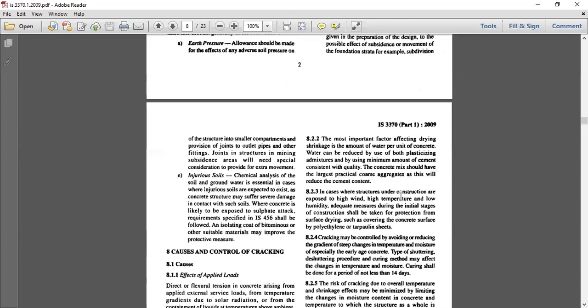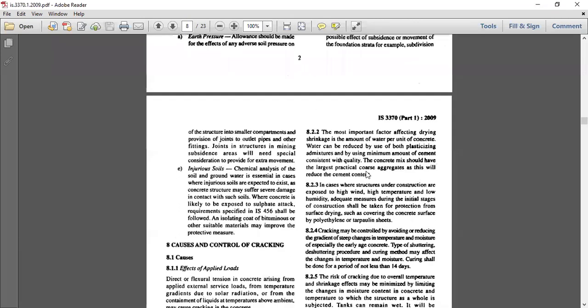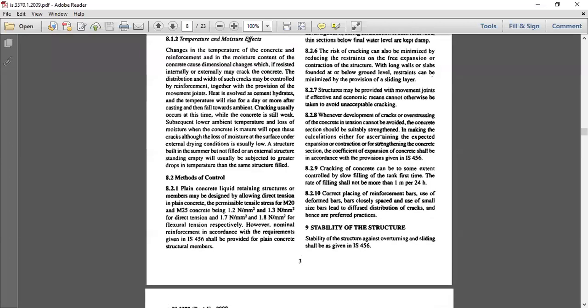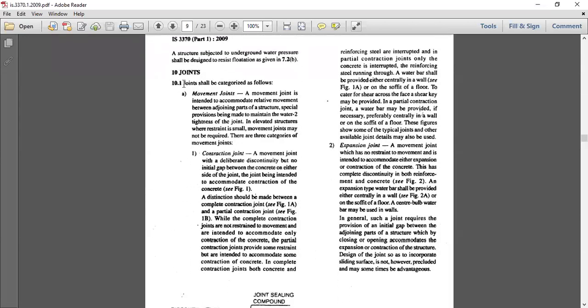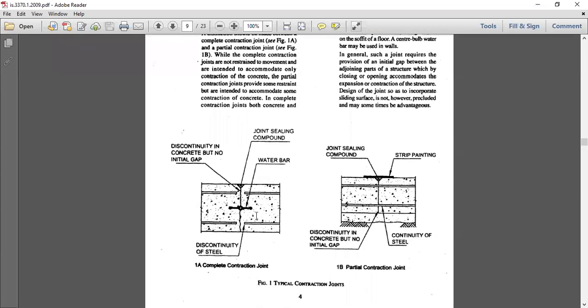Okay, one more thing it is there in the design of water tank, the various joints. So the joints, the theory part of the joints you will find in this code. The joints shall be categorized as all these things: movement joint, contraction joint. So you can just refer this IS code for the